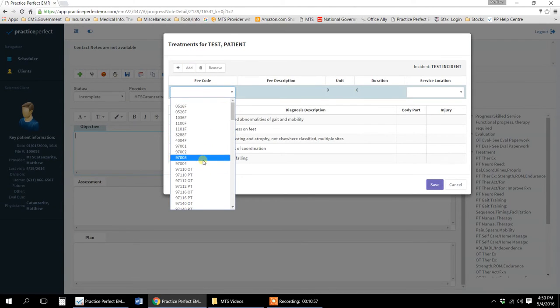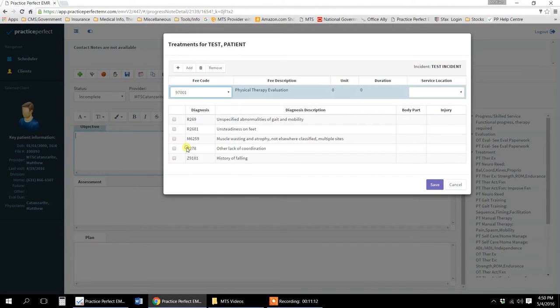This is the drop-down list. Unfortunately, you'd have to know these offhand or make a list and make sure you choose OT or PT depending on your discipline. So Therex is 97110 PT, but I know I did an eval this day as well. That's 97001. So I would click that code there. It automatically puts in 1 unit, 15-minute duration. If I spent 20 minutes doing evaluation measures, I would type 20 there,